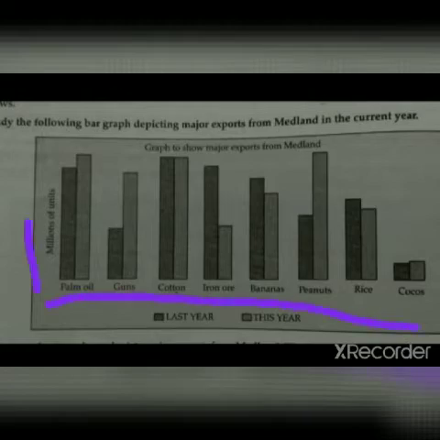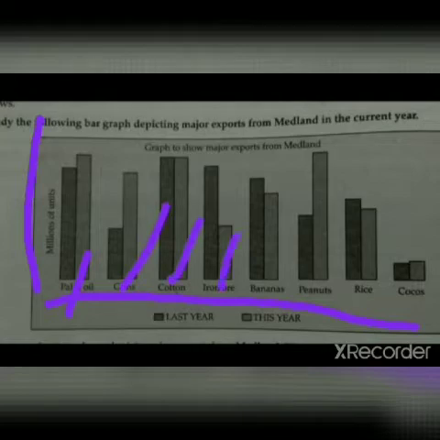So here in this paragraph you can see x-axis and also y-axis. In x-axis you can see the items exported from Midland, which are the palm oil, then guns, then cotton goods, iron ore, then bananas, peanuts, rice and cocoas.